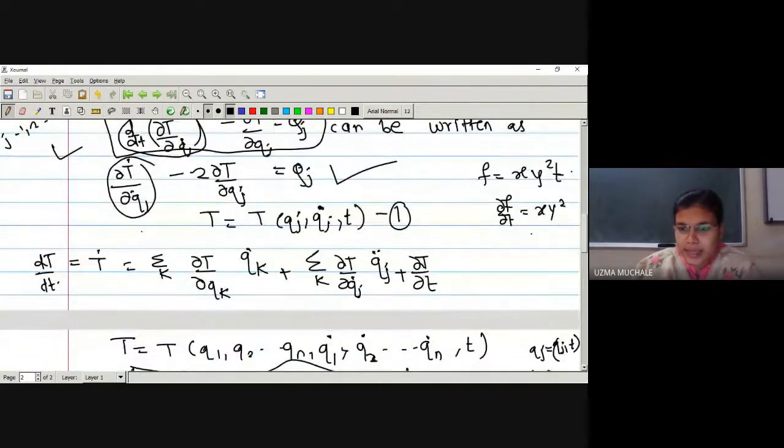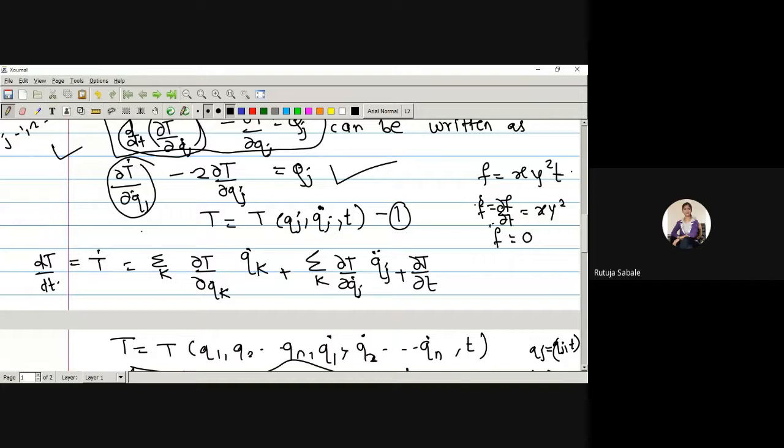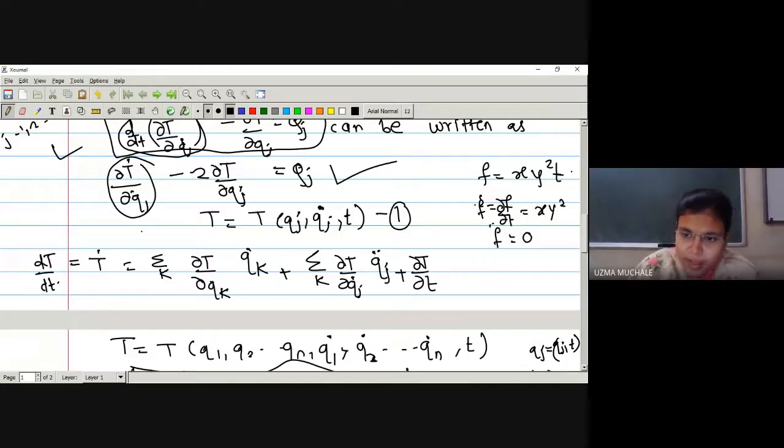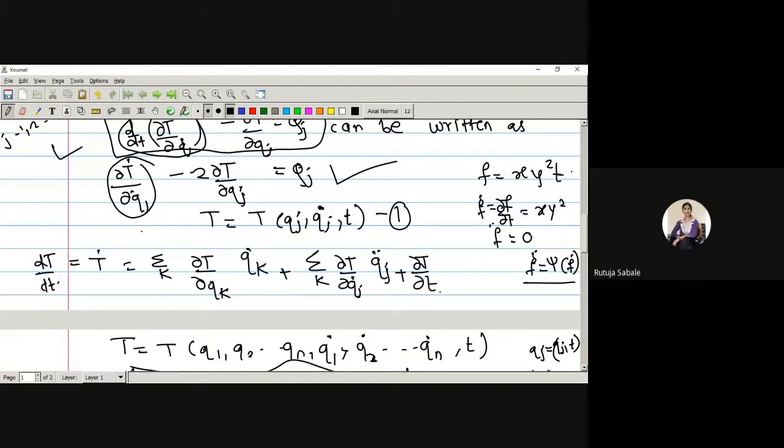Okay, let us go with this example only. Suppose you have found the value of f dot, meaning with respect to t. This will be f dot. What will be f double dot? It will be 0. Whether this f double dot is depending on f dot? No, ma'am. Can we say f double dot can be written as some function psi of f dot? Is it possible? No, ma'am.